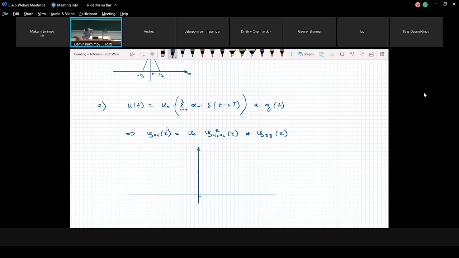Determine scaling. Minus t. Okay, fine. Or we can also show that outside this range,